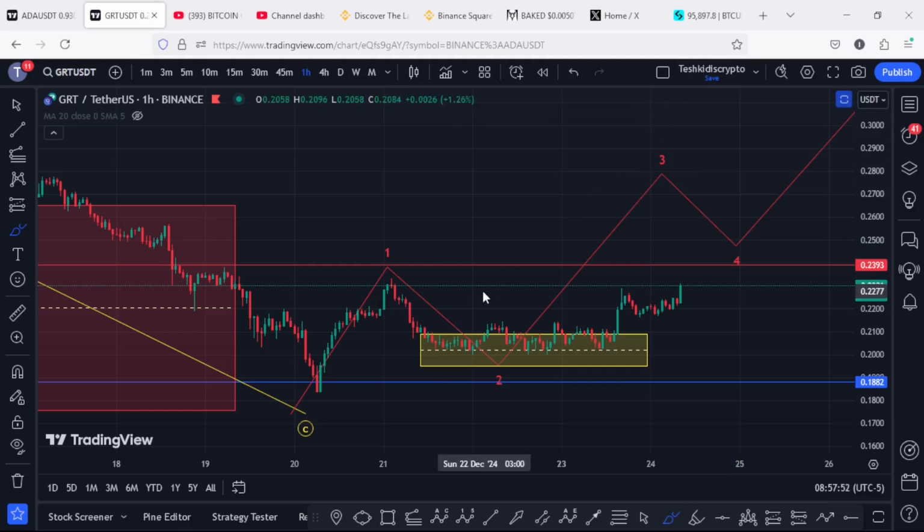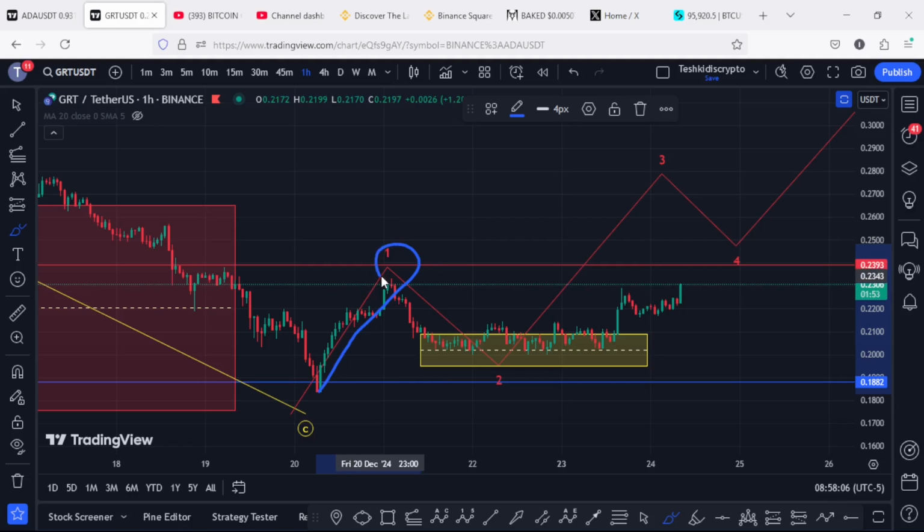Starting the video by first giving you a recap of what has been happening from the lows we made on the 20th of December. You can first see that we peaked impulsively in the formation of this wave 1, and after we peaked in the formation of this first wave, we started a pullback to the lower side in the formation of this wave 2 into the minimum target areas for the second wave, highlighted on the chart using this yellow target area,